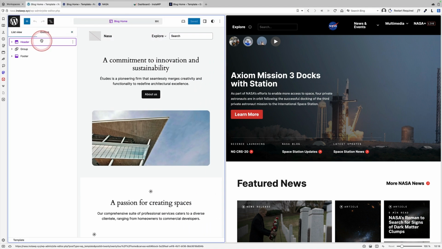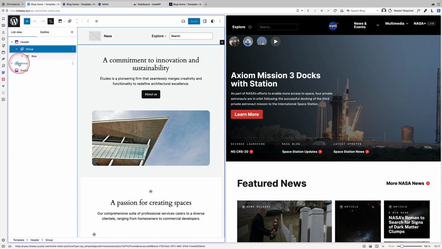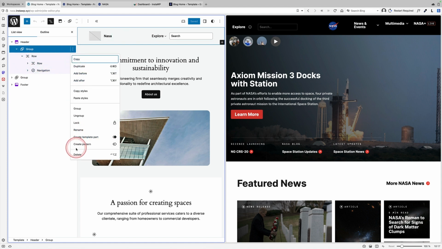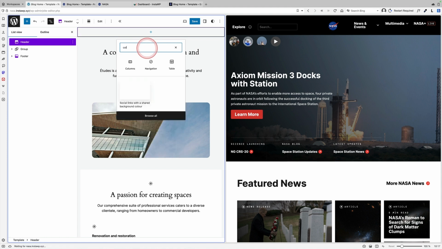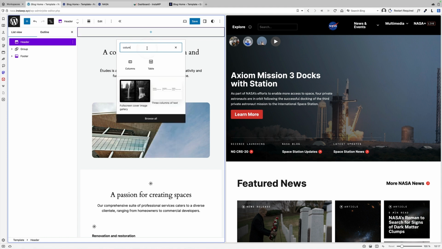And I think the way I'm going to do this today, just to make it simple, is within here, you can see I've just got a bunch of blocks. It's actually using the row block, but I need a logo in the middle. So I'm just going to delete everything to start with and start from scratch. So I'm going to start by adding the columns block. So I click on the plus sign and find the columns block.